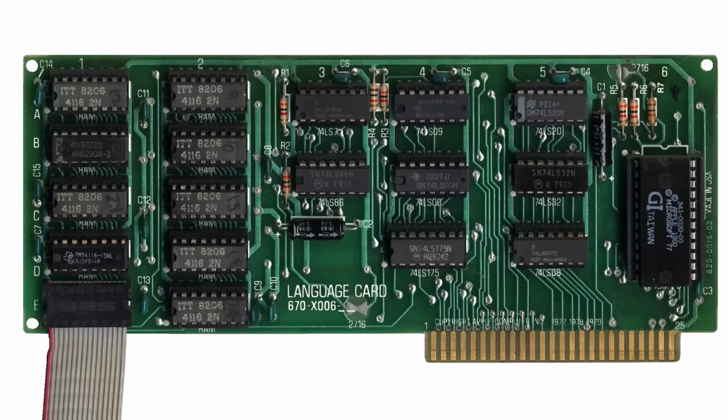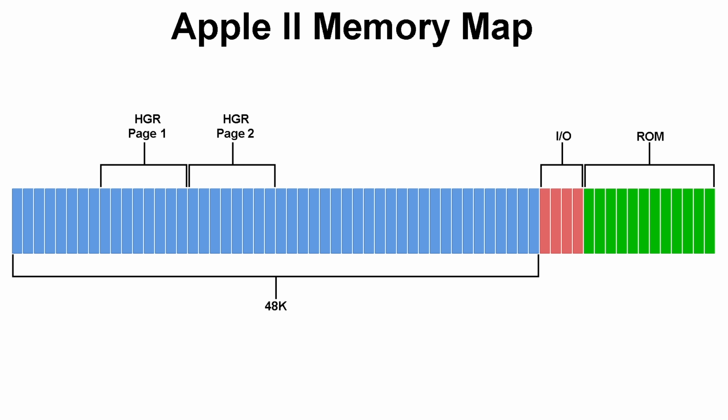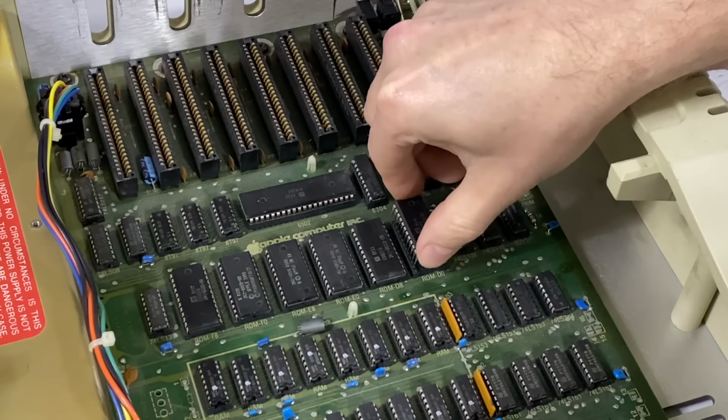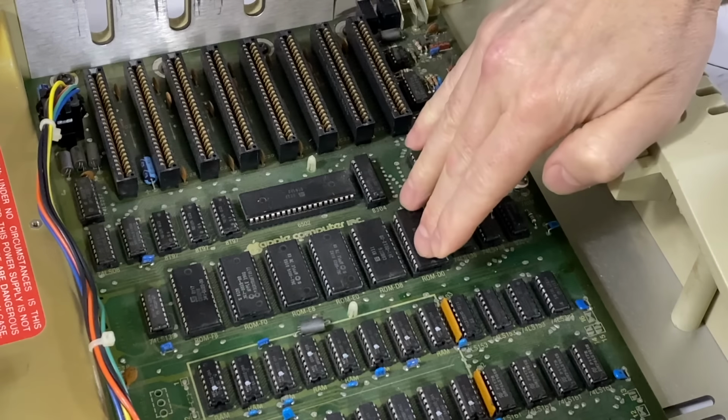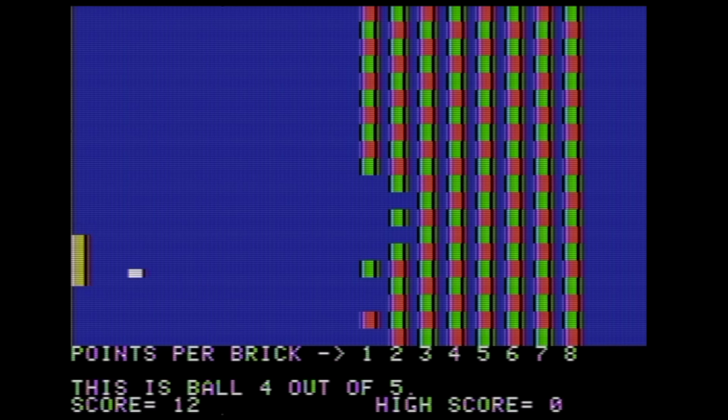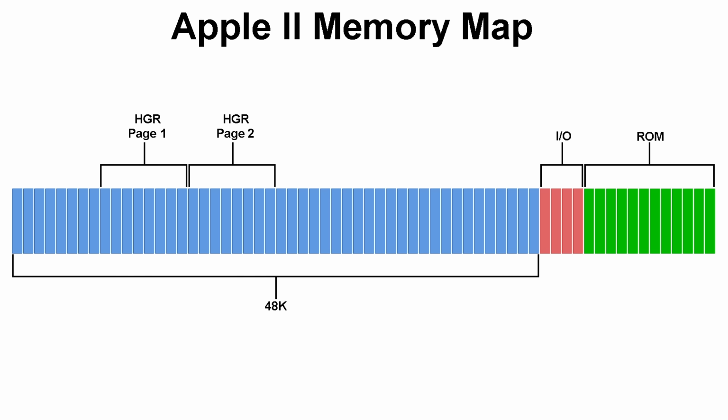The name can be confusing, and thus I really need to explain what this does. You see, the ROM originally contained integer BASIC, but as mentioned earlier, a lot of people upgraded their ROM to contain AppleSoft BASIC, a similar but different language. So what if you had software that needed the older version of BASIC to run? Well, you wouldn't want to swap the ROMs out all the time, so what the language card does is add